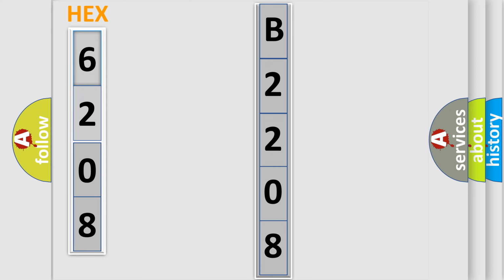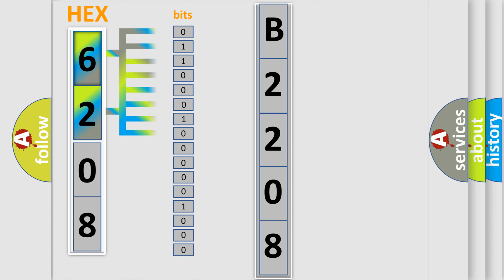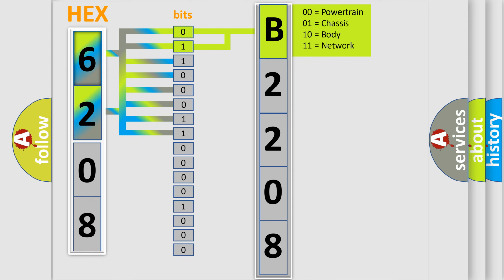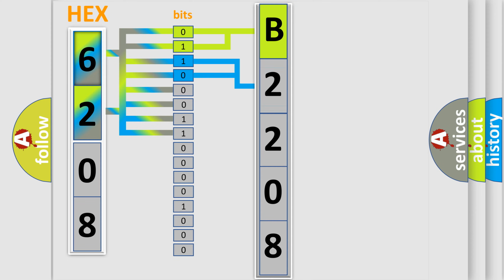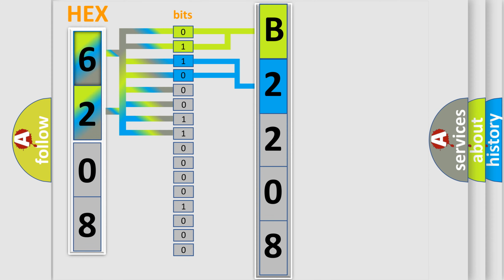The error code is split into 2 bytes consisting of 16 bits. 1 bit is the basic unit that each computer works with. The bit has 2 logical states: 0, low level, 1, high level. By combining the first 2 bits, the first character of the error code is expressed. The next 2 bits again determine the second character. The last bits of the first byte define the third character of the code.